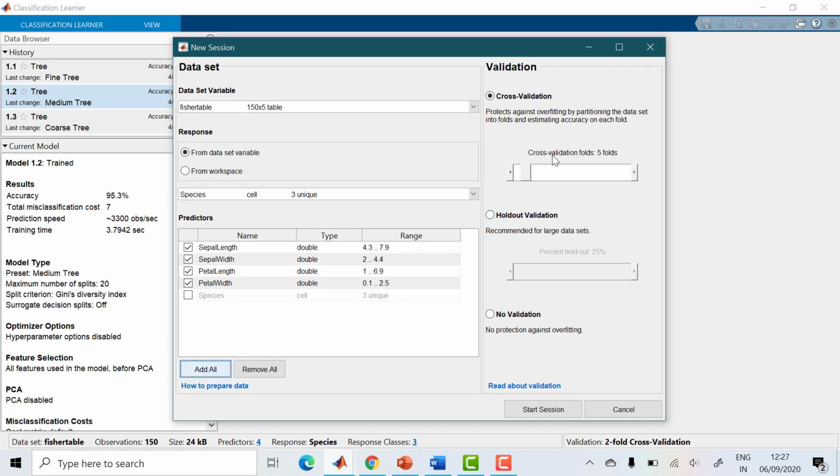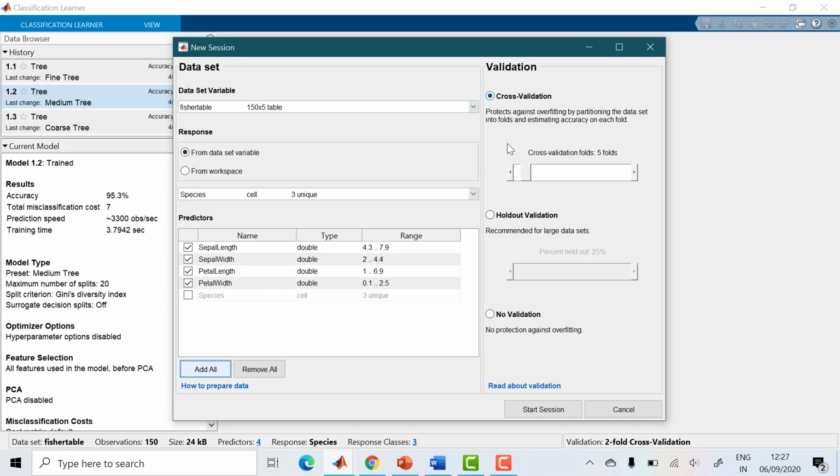And then next step, what you have to use is what type of validation you're going to use. There are types of validation: cross validation, holdout validation. We have to select a validation. Cross validation protects against overfitting by partitioning the data set into folds. And holdout is generally used for large data sets.